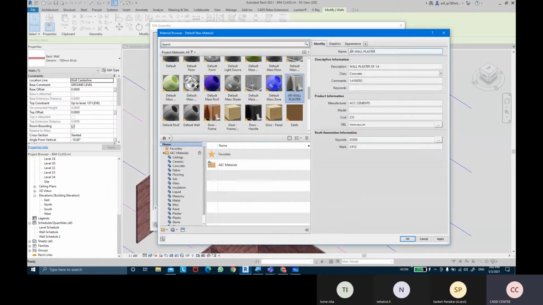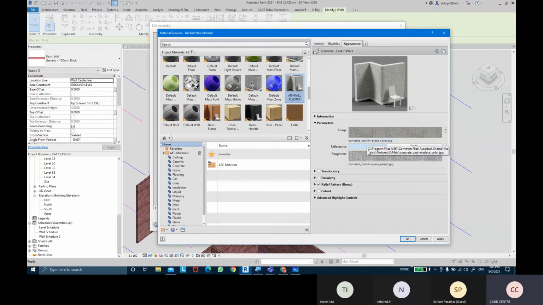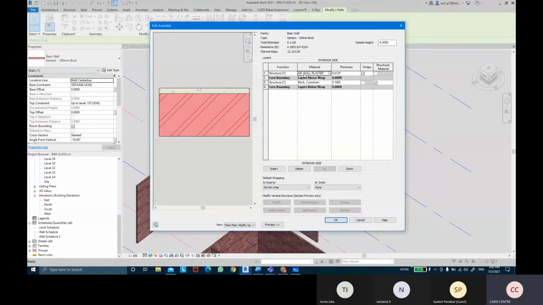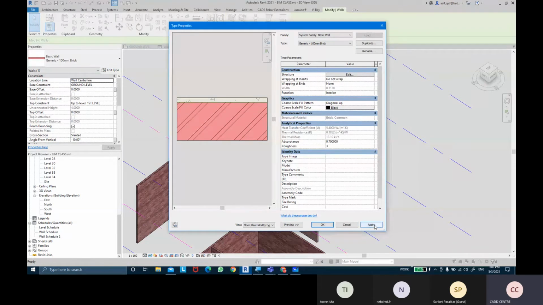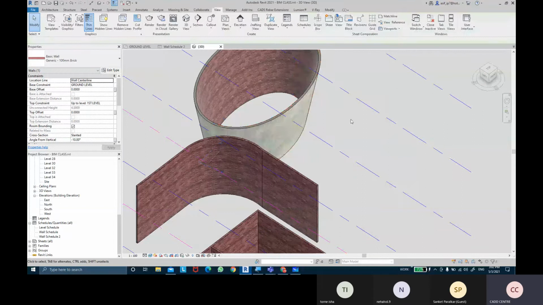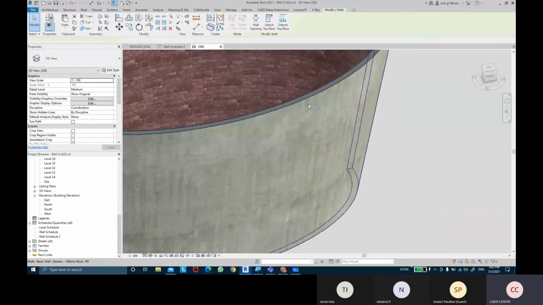So now the identity data, the graphic information, and the appearance information are filled up. So now I can click on apply, and then I'm going to click on OK. So once I click on OK, you can see in the material, I can see that name, and in the preview, I can also see the layer of the plaster with the thickness and with the material as well. You can see the material thickness is being given and the material has also been visible. Now if I click on OK, and one more time click on OK, and one more time click on OK, so you can see on the exterior side of my walls, the wall plaster has been added.